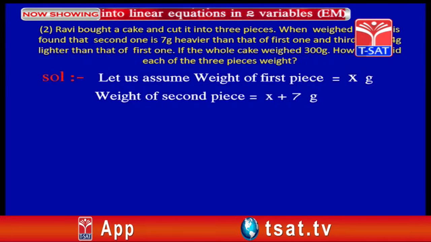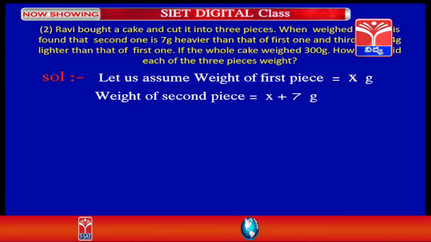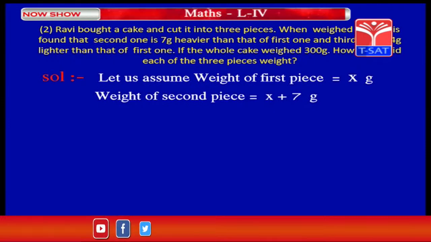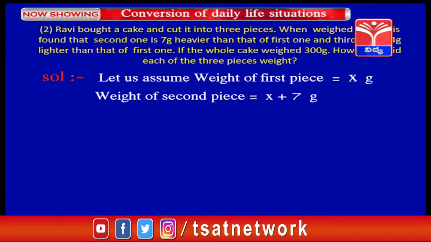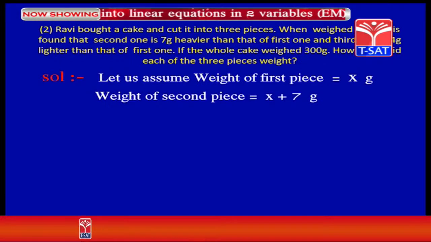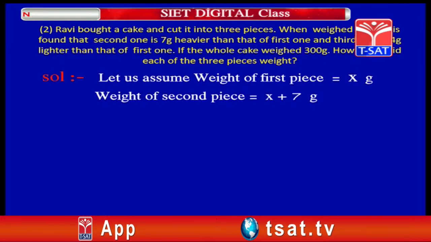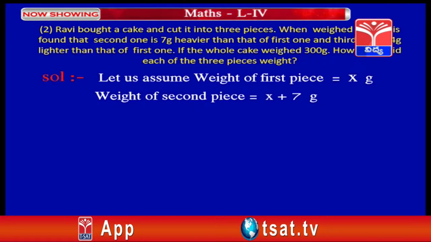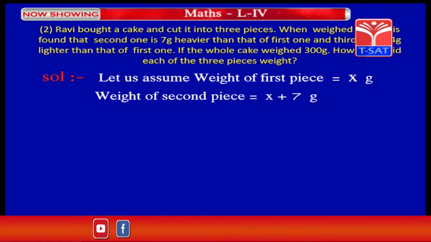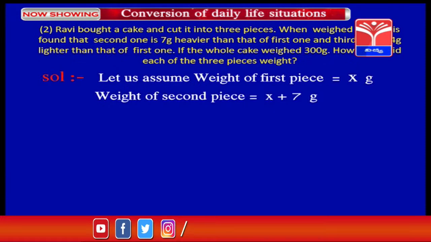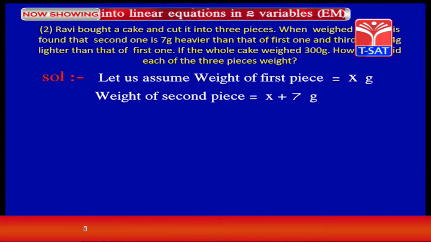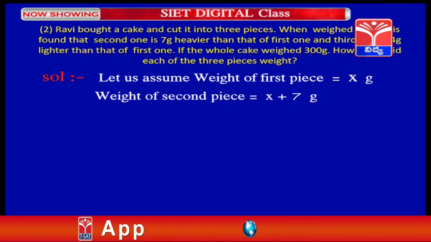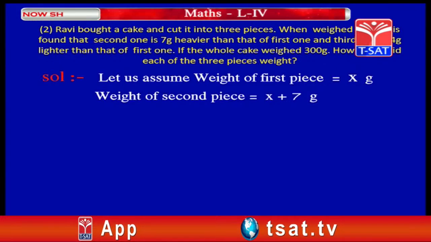For example, if the weight of the first piece is 10 grams, then according to the question the second will be 7 grams heavier, therefore it becomes 10 plus 7. But here the weight of the first piece is not given, so we took it as x grams. So the weight of the second piece is equal to x plus 7 grams, and